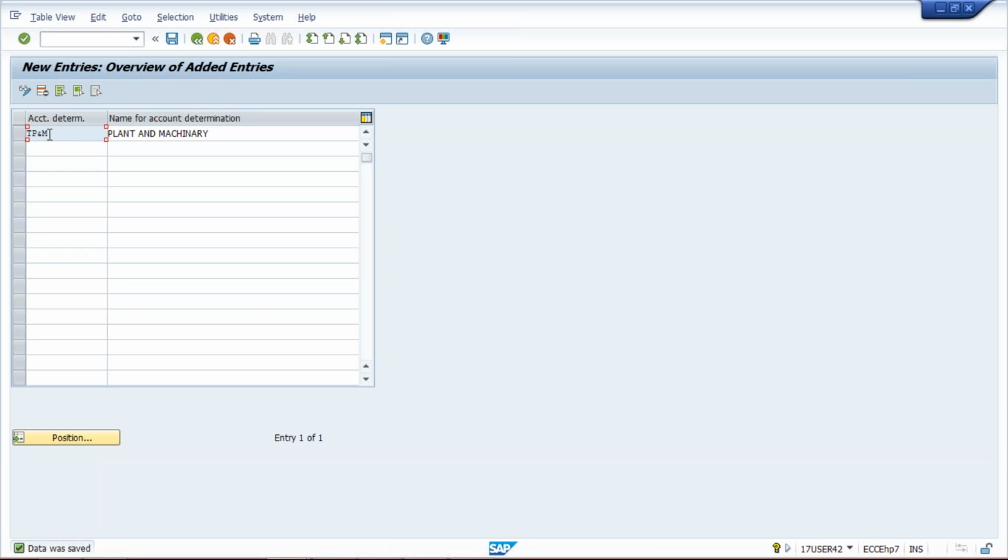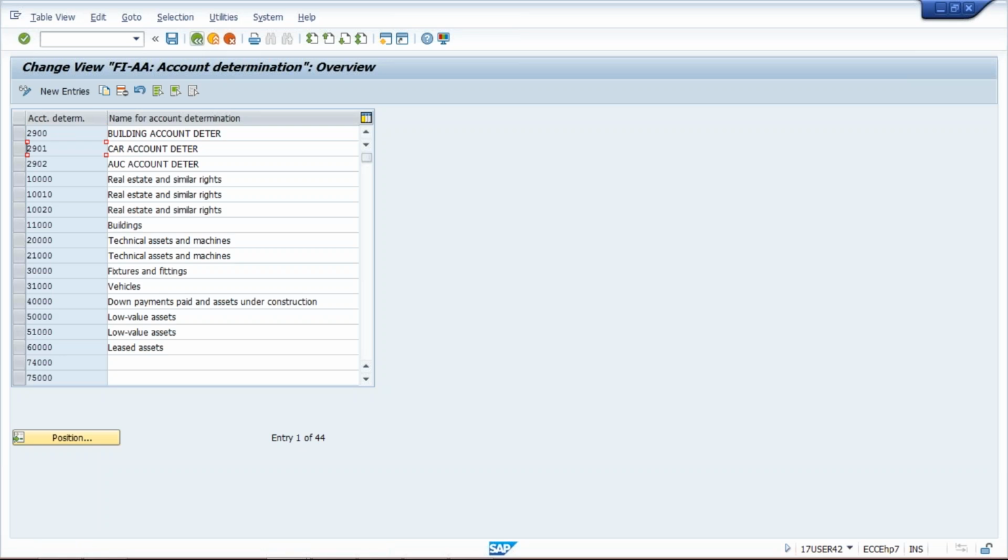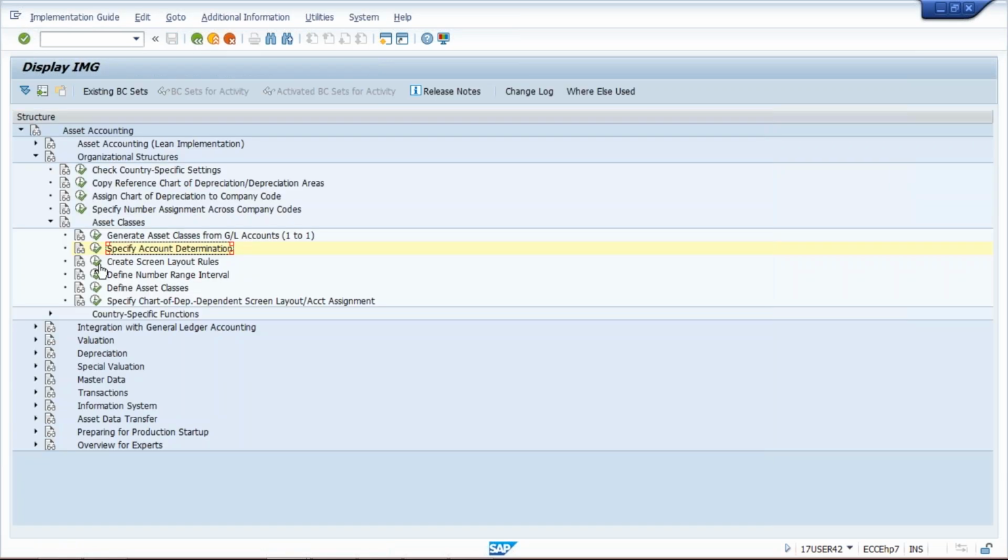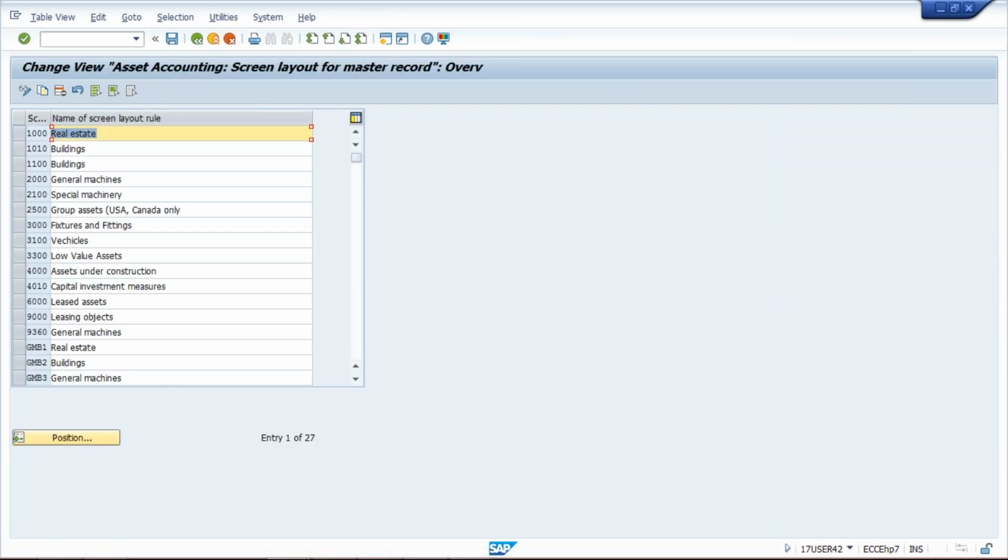So I have just created an account determination, saved it, come back, and then create a screen layout. Why are we creating this screen layout? The screen layout is going to control the fields which appear during creation of the asset master. How? A matter of practical. But right now, for the screen layout for plant and machinery, we have to copy